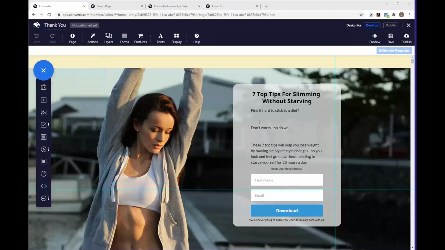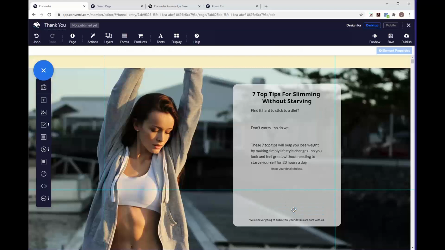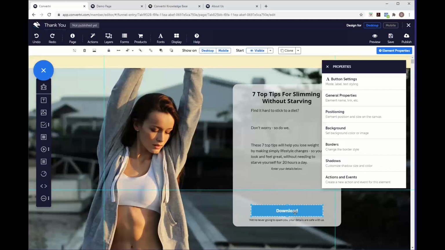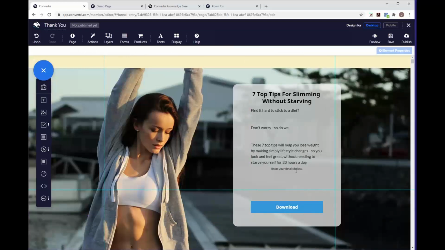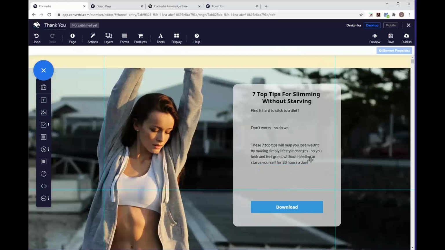So we've got our thank you page open here, and obviously you'll notice that we've got these elements on our page which we don't actually need anymore. So we can get rid of these. We'll select them like so, one by one we can delete them. And we did not actually need to delete the download button there because we're going to need that later on. But we'll delete the text that we don't need, and then we'll edit this text